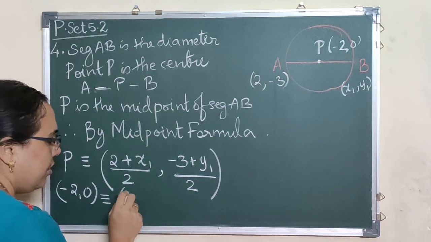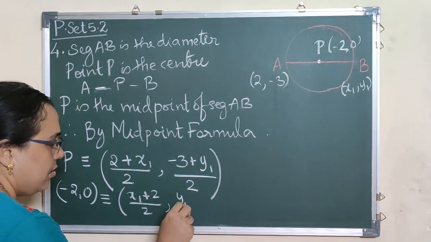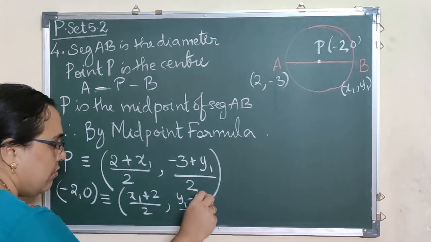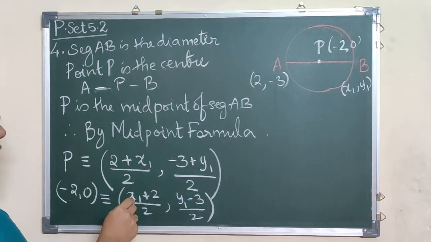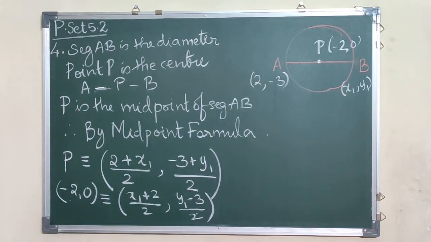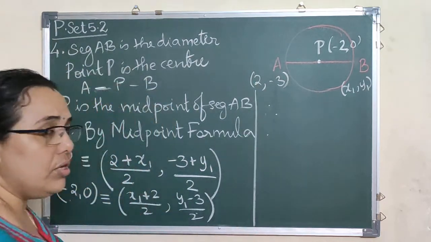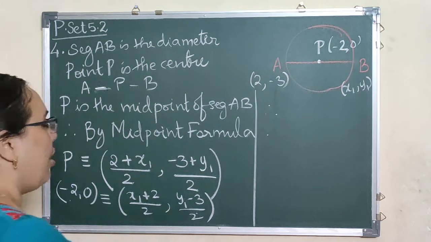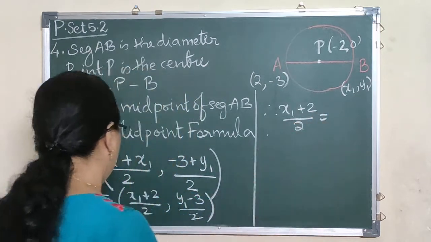If there is any possibility of doing the sum further, you can rearrange and write the terms like this. So equate the x coordinate here with the x coordinate here to get the value of x1. Same way, equate the y coordinates and find the value of y1. I hope you are doing along with me, right? So x1 plus 2 upon 2